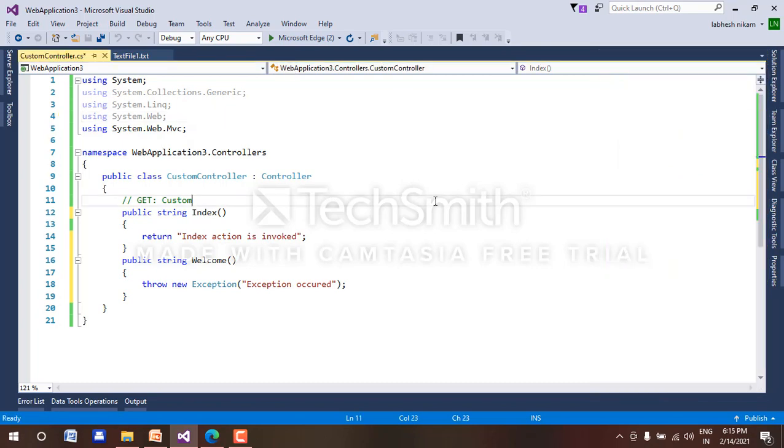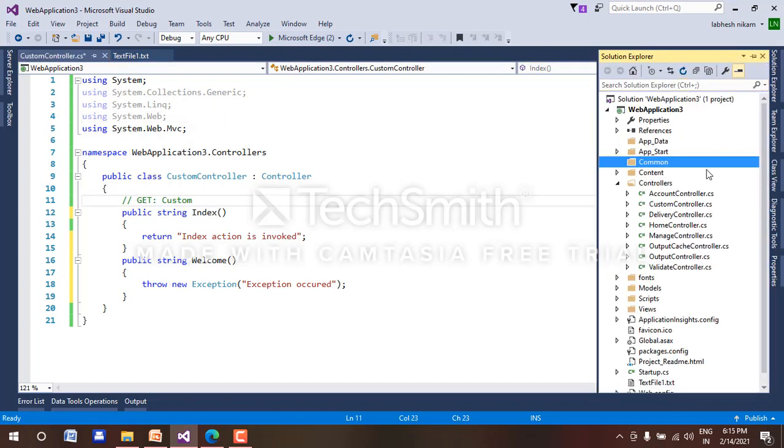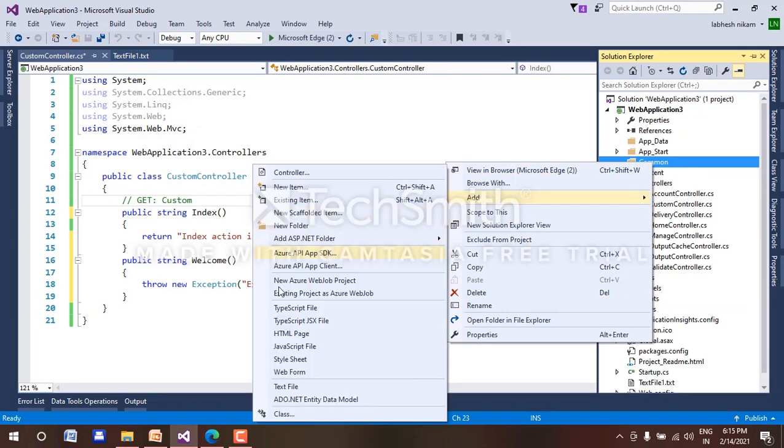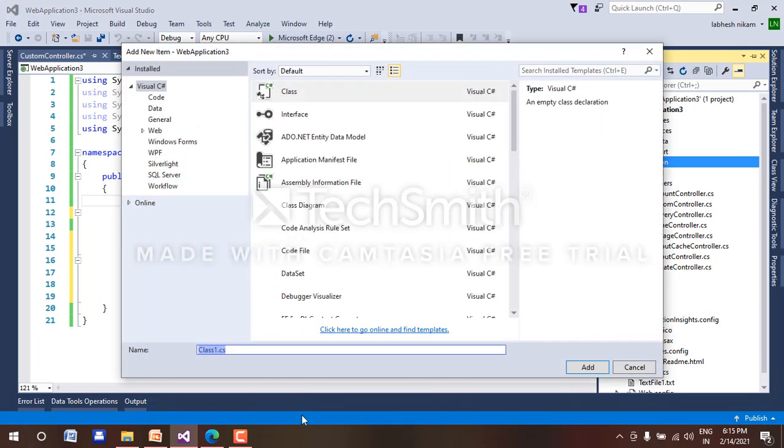Now in this Common folder we will create one class and give it the name TrackExecutionTime.